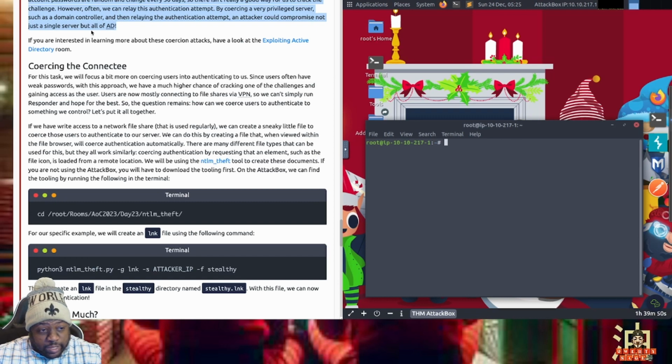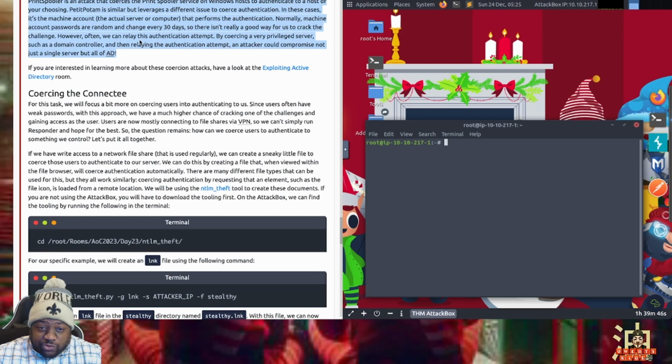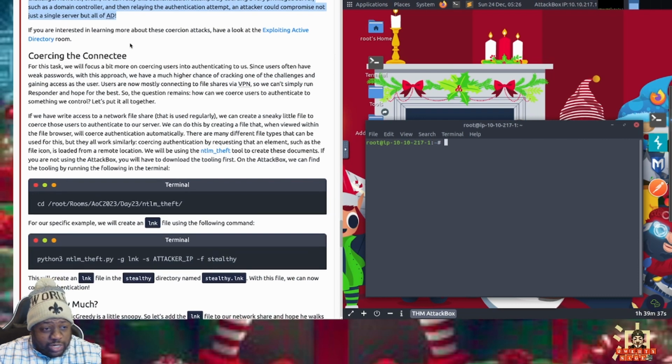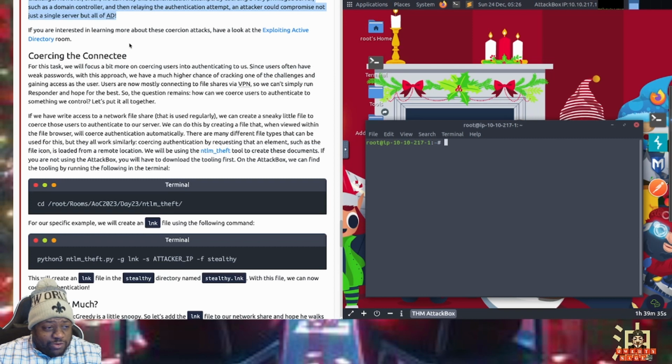So you could not only compromise the Active Directory server, but all the users and computers that are tied into that forest, that Active Directory tree, that domain. You can rule them all. Root.